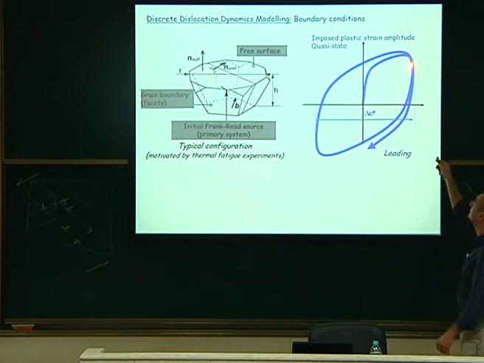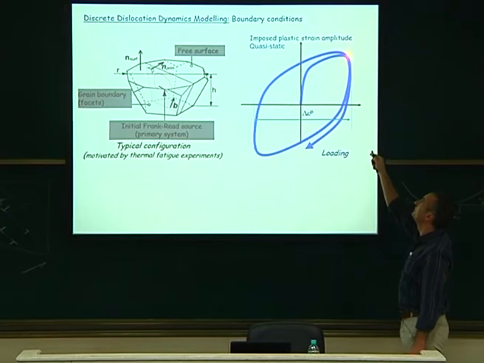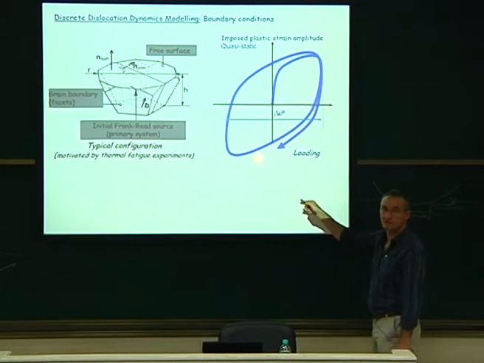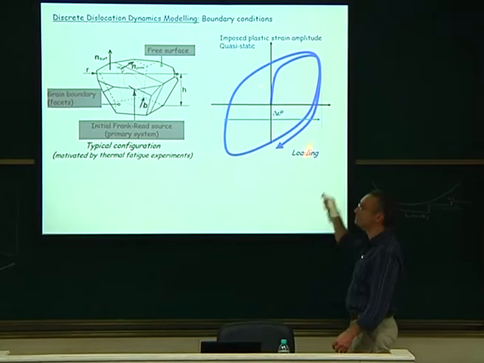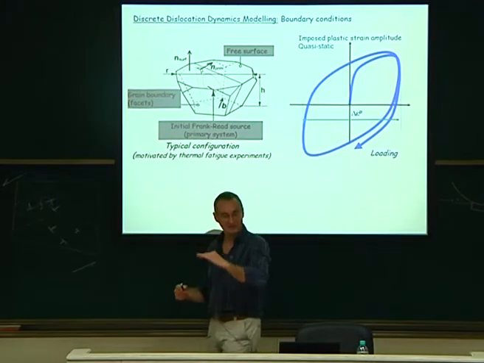Up to the moment I reach this amount of plastic strain, typically 3 × 10^-3, the one I'm looking for. When I reach that value, I will decrease the stress, and so on. And then I look at what the cycle is, and so on. So this is the loading condition. It's stress control conditions, quasi-static.